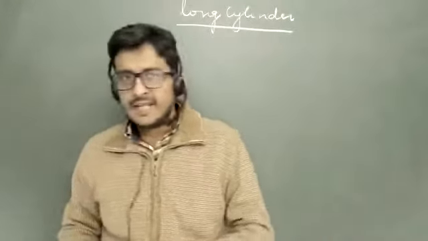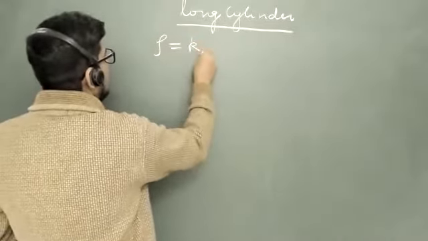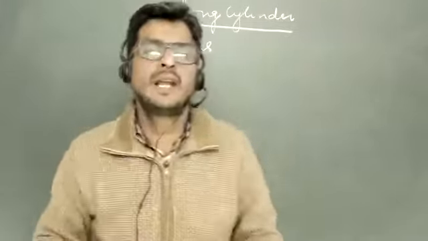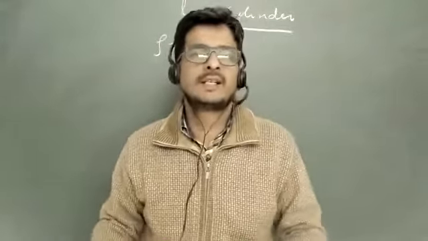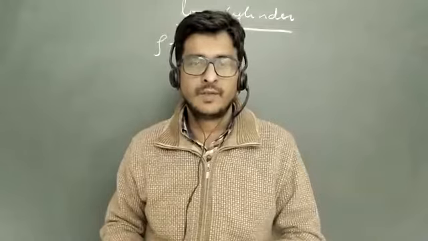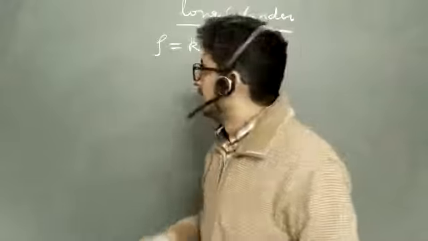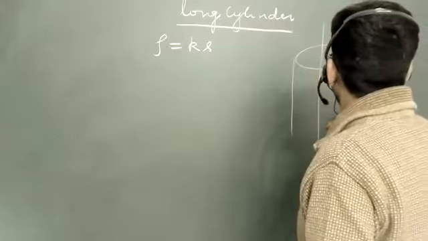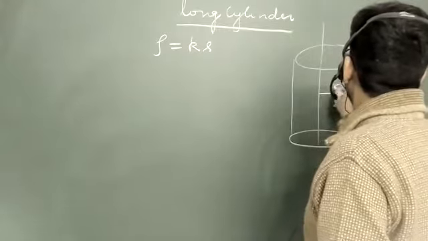So this is the cylinder, and the charge density is given to be Ks, where S is the distance, which we were taking as rho actually. But rho is the charge density, so some authors take S as the distance. The distance in cylindrical coordinates, you remember, that was making the phi angle, is taken to be S. So if this is a cylinder, at some point P the distance is S.